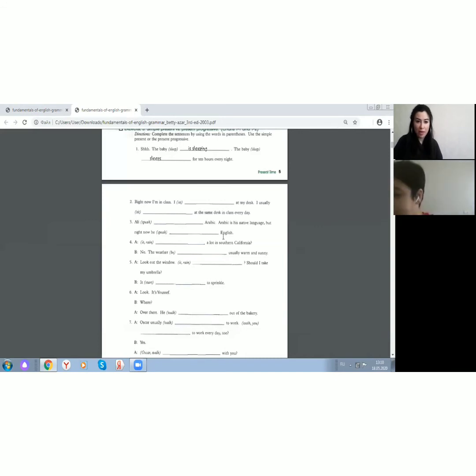You don't need to comment on every sentence in this case, because you already did it, and I understood that you know this. So in this case, you just need to open the brackets and put the verb into the appropriate form. That's all. Go ahead. Please read the last sentence, and we will move to a different exercise.